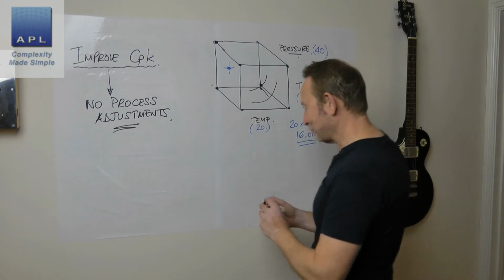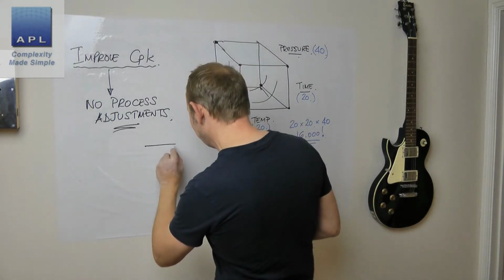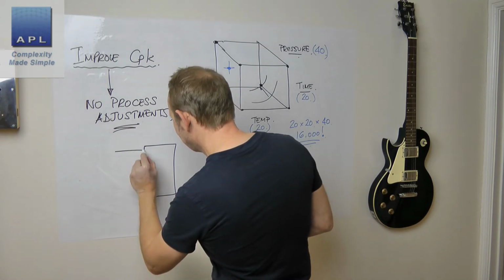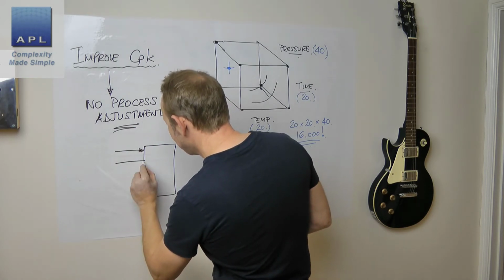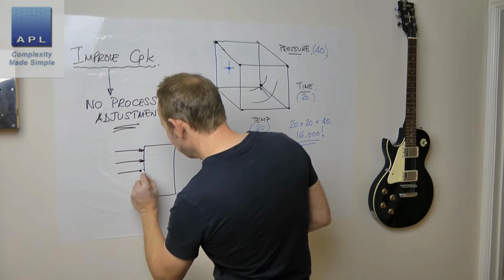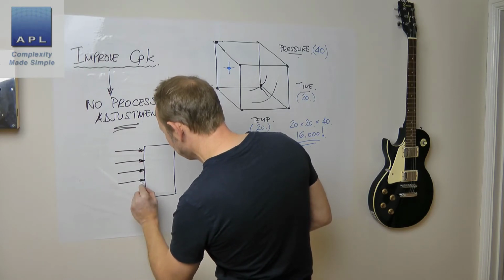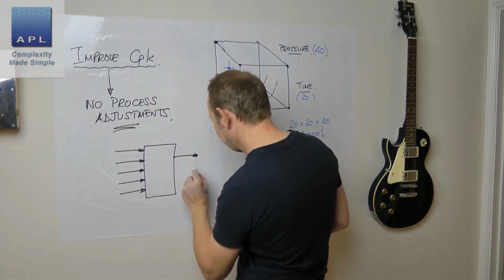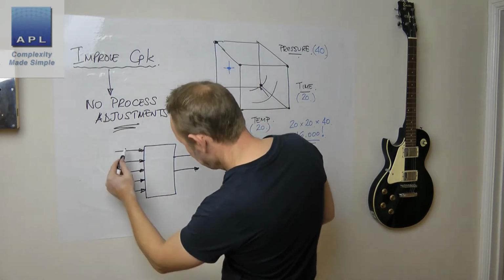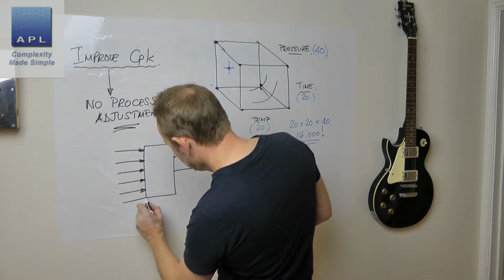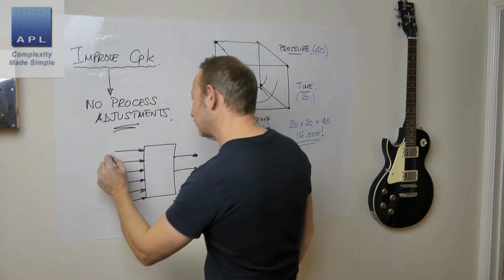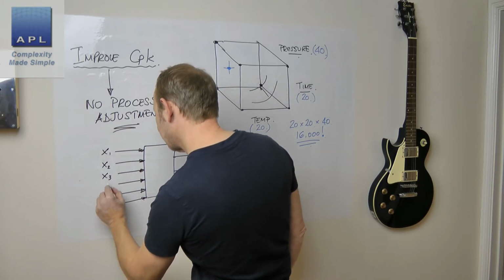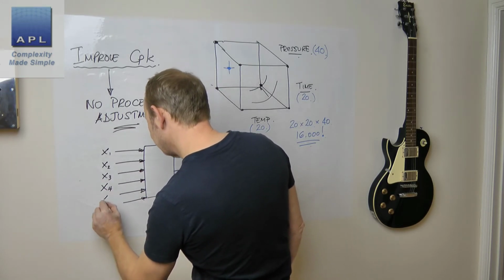What you want to do, I've drawn this picture enough times by now, is the input-output diagram. You need to take the variables. They're not always dials on the process, by the way. And maybe we have 1, 2, 3, 4, 5. Let's put the 6th one in. Yeah, so variable 1, variable 2, etc. What you need to do